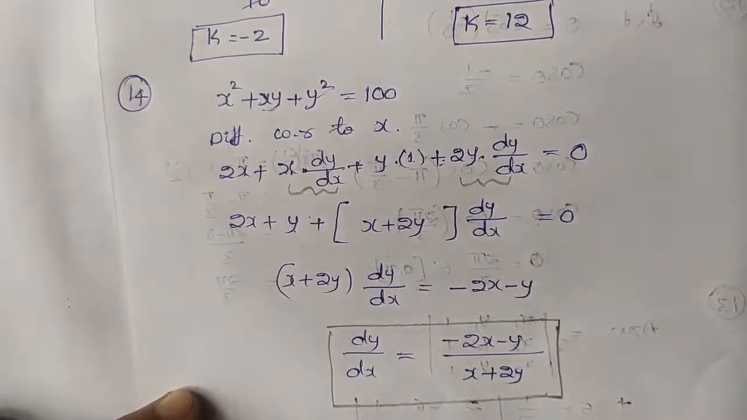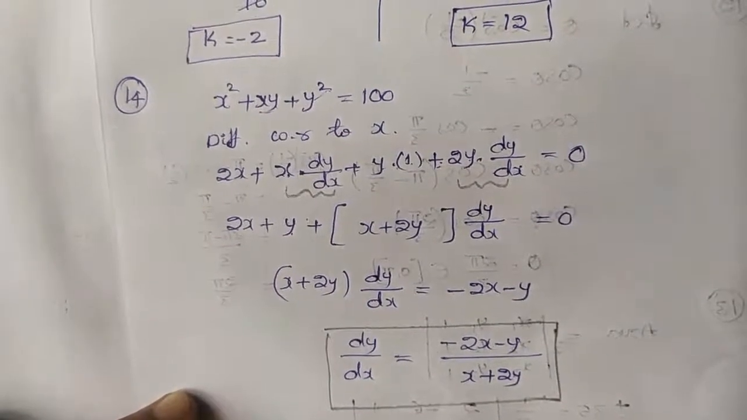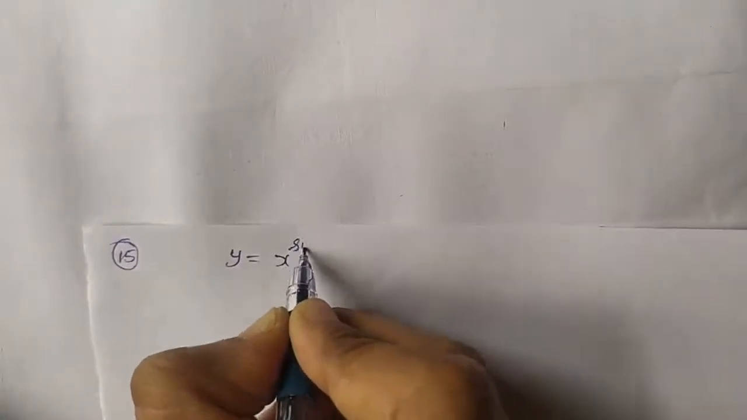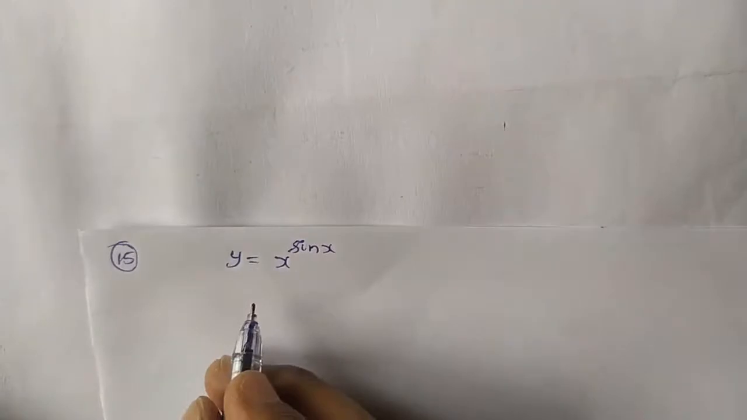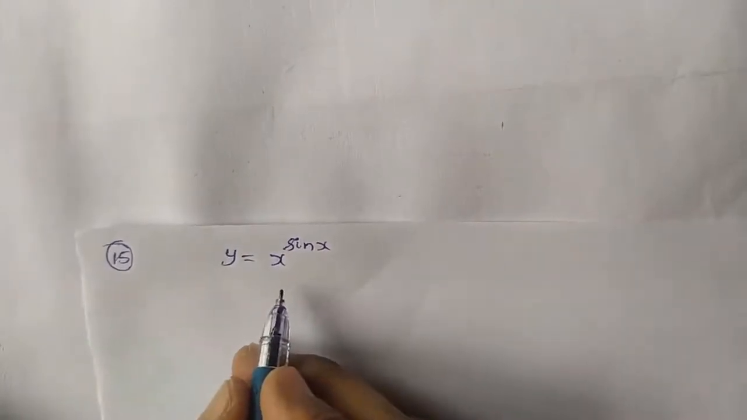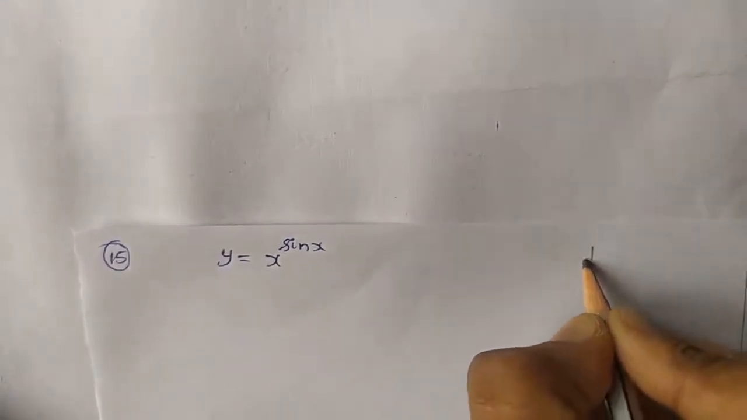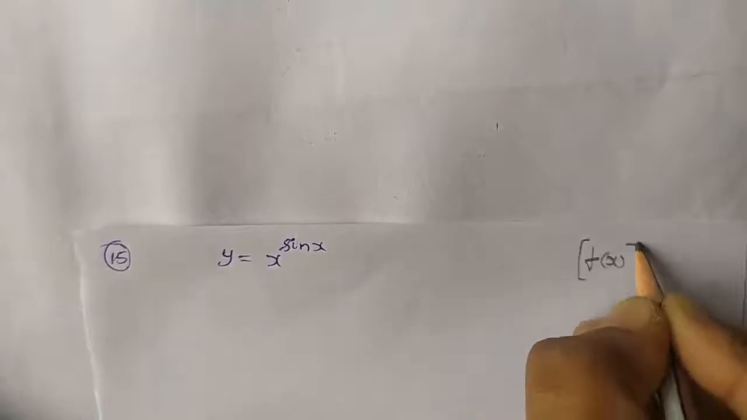Next, see the 15th question. Find dy by dx if y equals x power sin x. So y equals x power sin x. For this question we need to apply log. If the function is like this, f of x whole power g of x, function to the power of function,